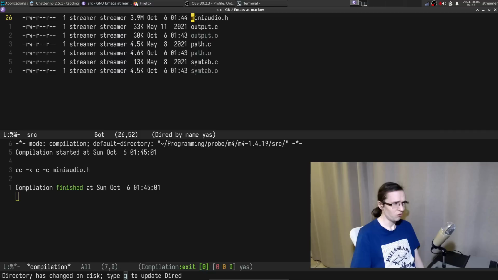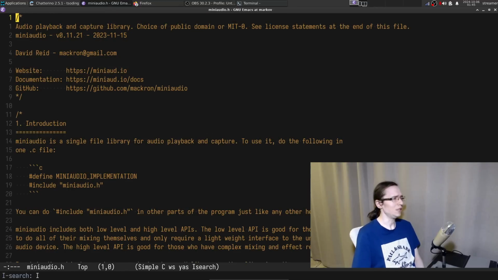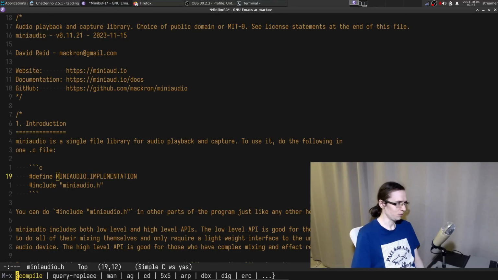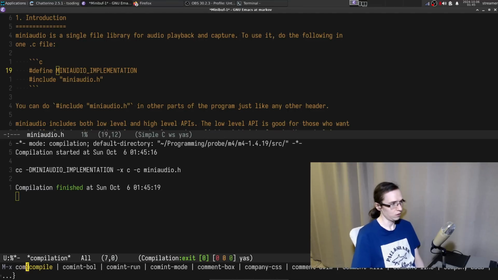What the fuck? Well, I mean, okay, it didn't include implementations, so let's actually include some of the implementations as we compile this entire thing. Okay, that's fair enough. That's it.